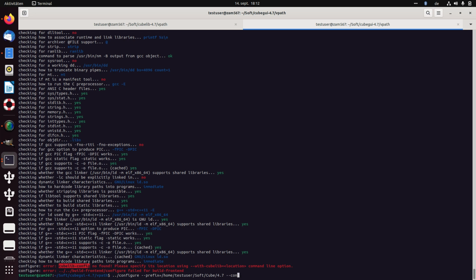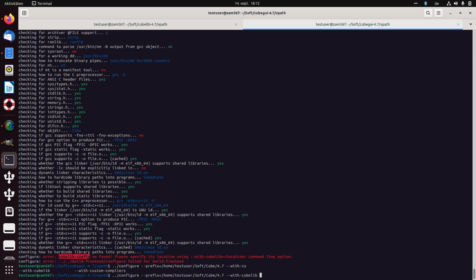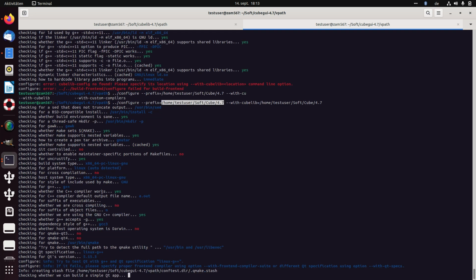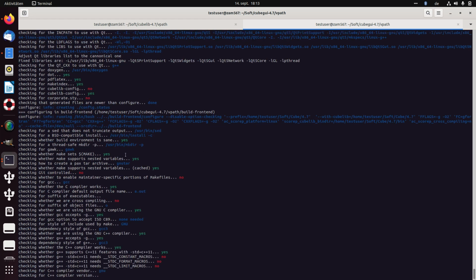So we do the last one, CubeLib and the path. Our CubeLib is installed in the very same directory as our prefix, so it's sufficient if we specify it,